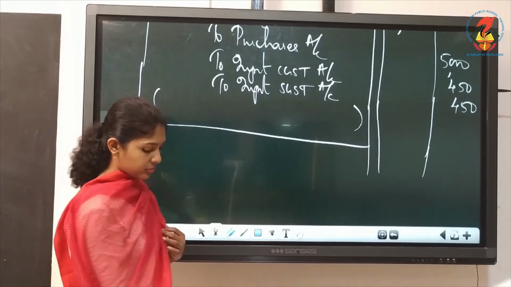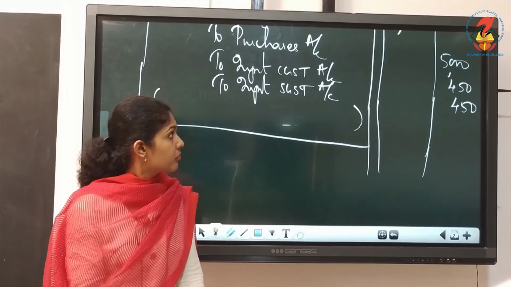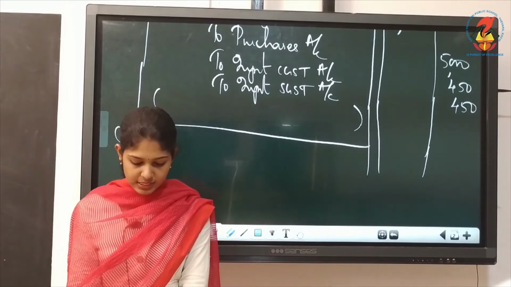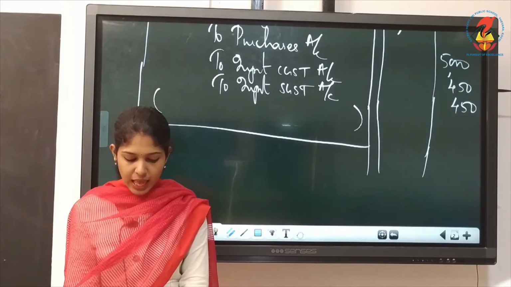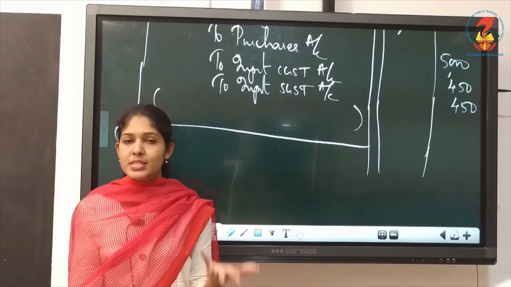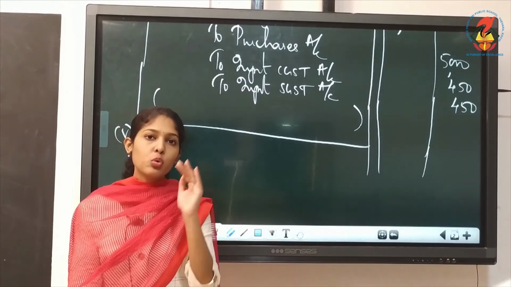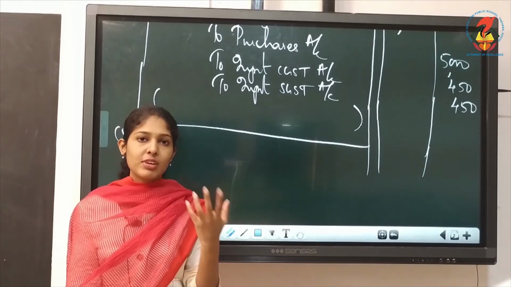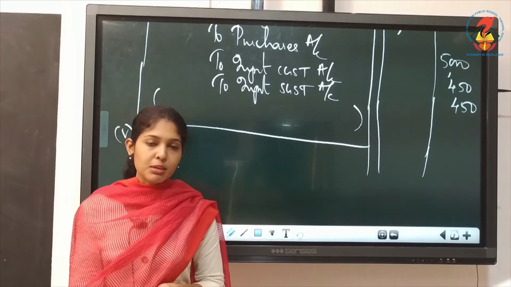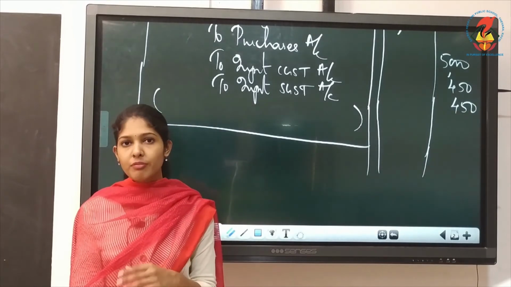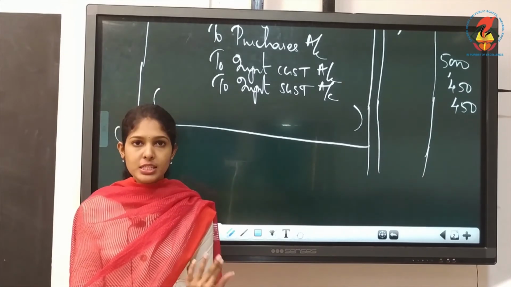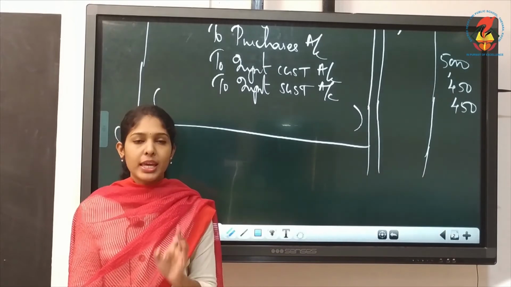Then the fifth one: purchase stationery for rupees 1,000 against cash, paying CGST and SGST. So here we purchased stationery items for cash. What's the basic entry? It is stationery account debtor to cash account. Then we have to include GST also. Which GST will you include? It is the input GST, because we are purchasing or paying cash. When you purchase an item, you have to always charge input GST.